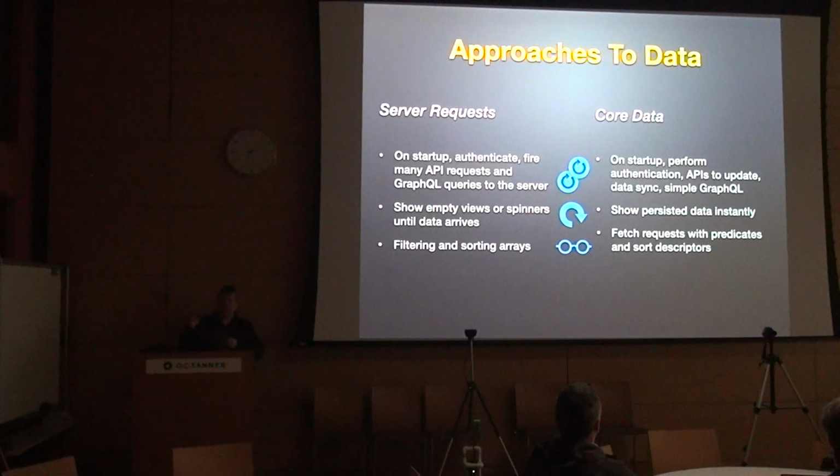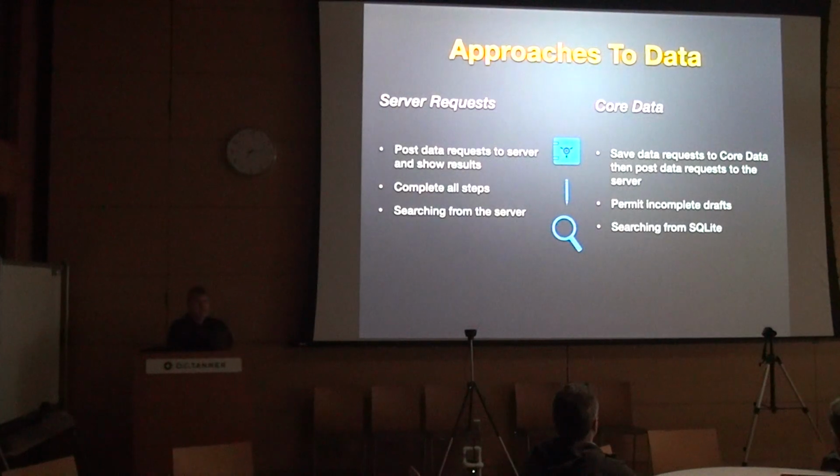Contrast that with core data, which is, you're doing fetch requests, and the differences that you're making are based upon predicates, and your sorting is off sort descriptors. So it's all happening at one time, because you're gathering your data from a different spot. So those are two very different approaches to how you want to do data.